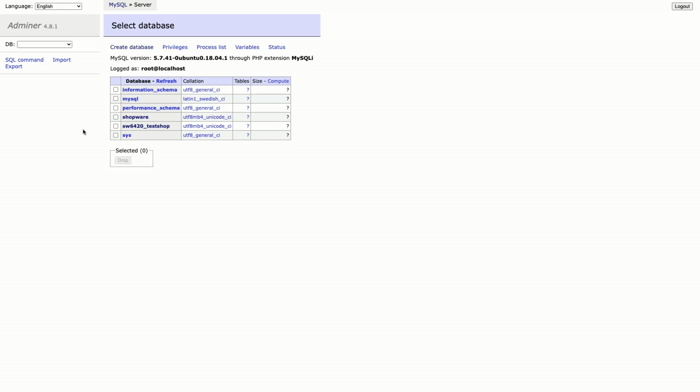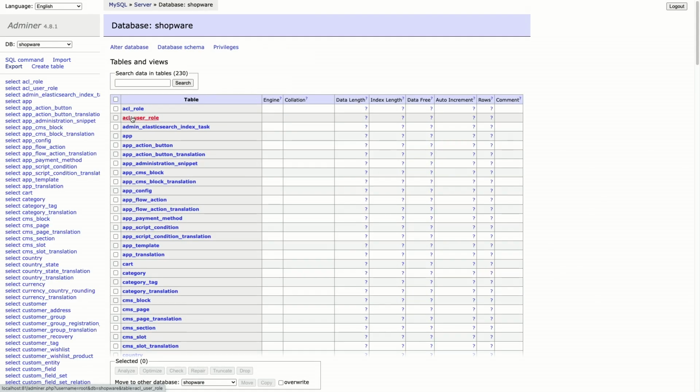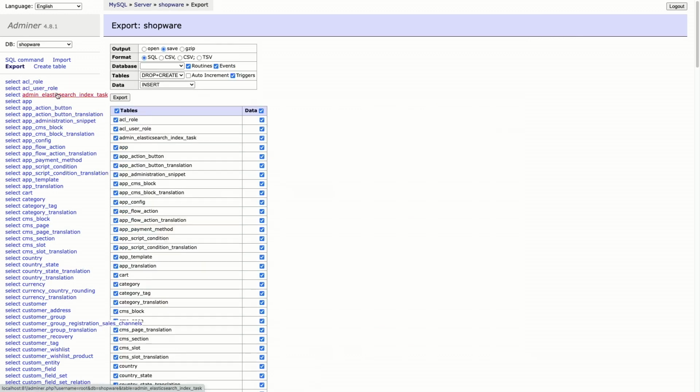So for the export, we are going to select the live database, which is Shopware, and then we are going to click on export here, and usually you don't have to make any adjustments to the settings, and you can perform the export just by clicking export here in Adminer.